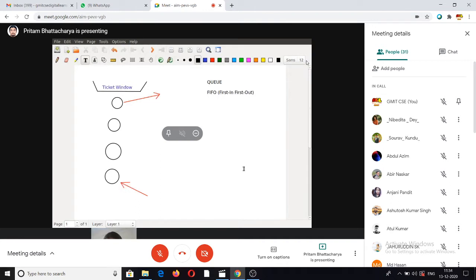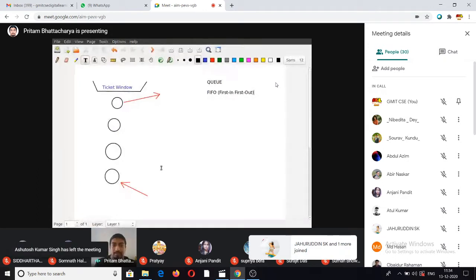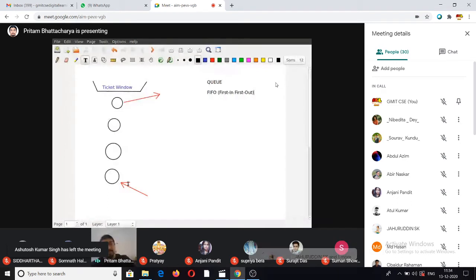Sorry, someone had a question. Yeah. So you can see that the person who joins the queue at the beginning gets his ticket first, whereas the person who joins right at the end will have to wait his turn, and he will also get his ticket at the end. So that's why queue is known as a first in, first out data structure. I mean, it's a very intuitive kind of structure because we actually see queues a lot in real life, any ticketing counter and all.